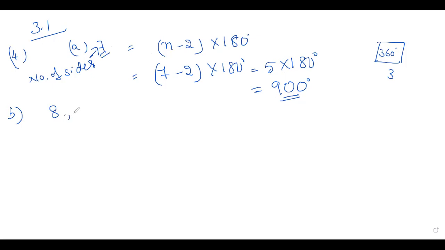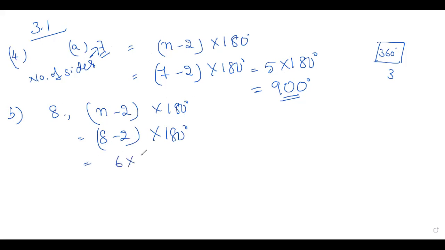The number of sides is equal to 8. What is our formula? N minus 2 into 180. That is equal to 8 minus 2 into 180 degrees. That is equal to 8 minus 2 is 6. That is equal to 18 into 6. 18 sixes are 108, right? And 0. So the sum of all the angles, that is an octagon. Okay, octagon is the figure with 8 sides. So this is the total sum, 1080 degrees.